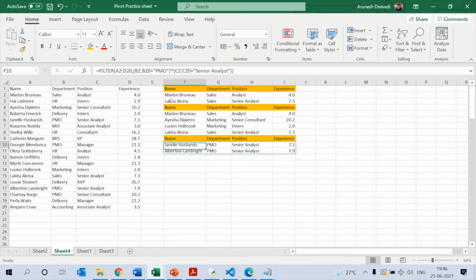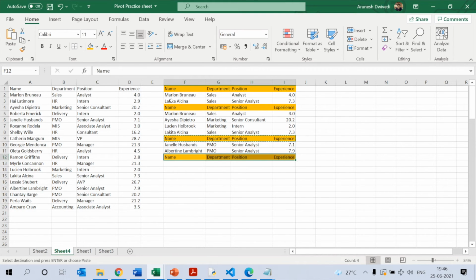Now let's try another example. Let's make it a little bit more interesting. This time the department can be sales or the position can be senior analyst, but the experience of all these people should be greater than, let's say, 10 years. Okay,